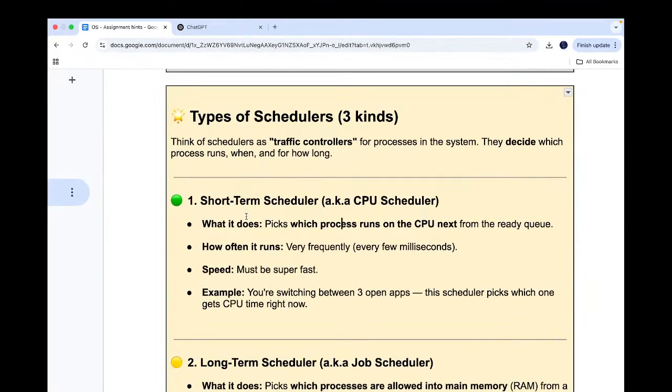Types of schedulers: three kinds. Think of schedulers as a traffic controller for processes in the system. They decide which process runs when and for how long. Short term